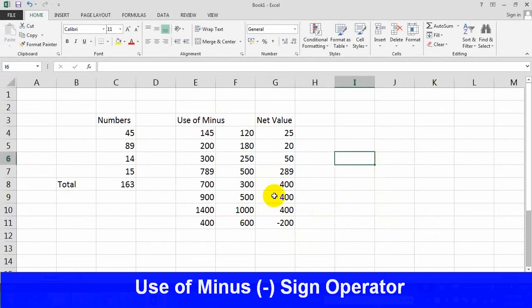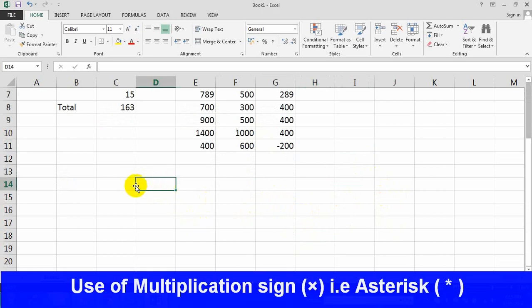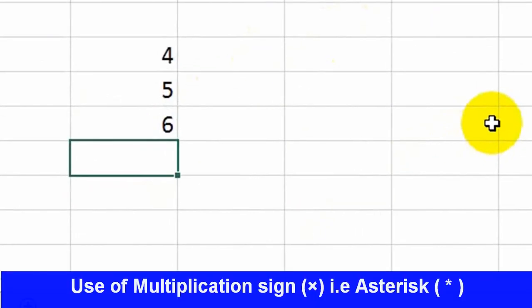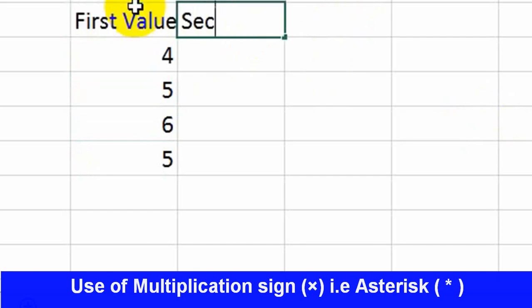Similarly, let's use the asterisk or multiplication operator. For example, I want to multiply these values, the first value and the second value.